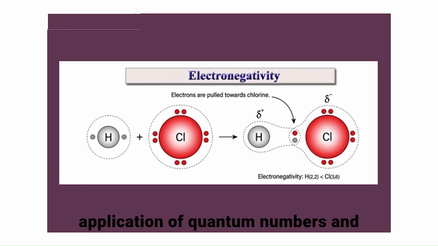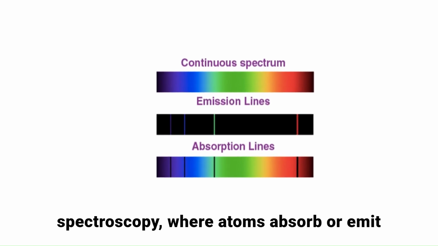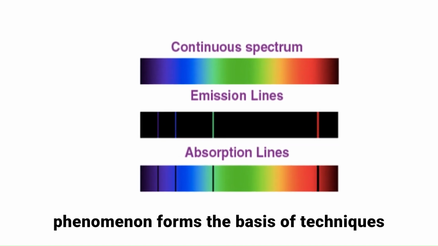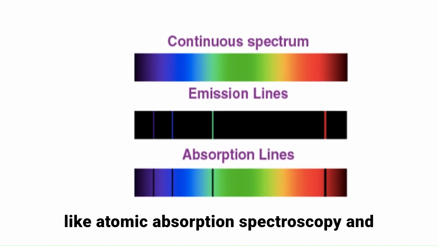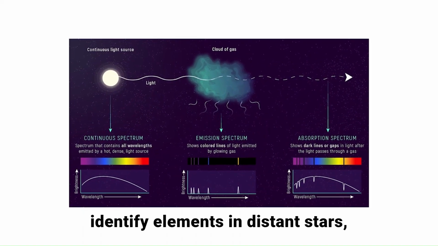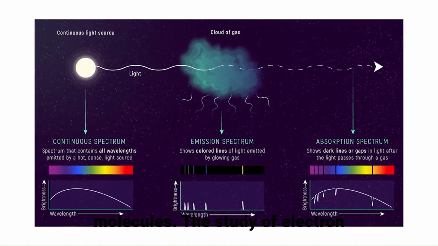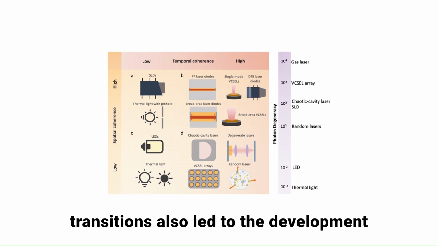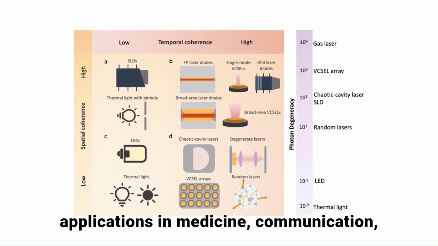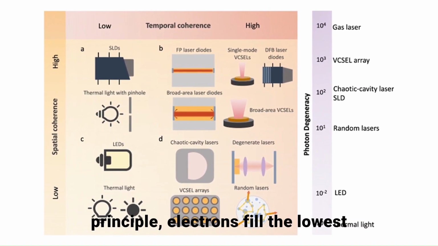One interesting application of quantum numbers and electron configuration is in spectroscopy, where atoms absorb or emit light at specific wavelengths. This phenomenon forms the basis of techniques like atomic absorption spectroscopy and emission spectroscopy, which help identify elements in distant stars, forensic samples, and even biological molecules. The study of electron transitions also led to the development of lasers, which have countless applications in medicine, communication, and industry. According to the Aufbau principle,